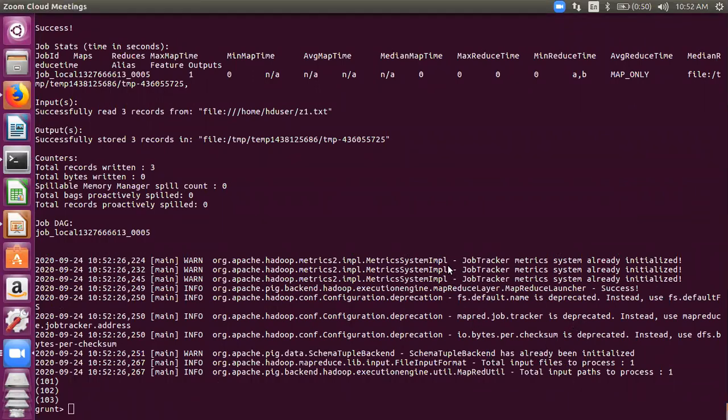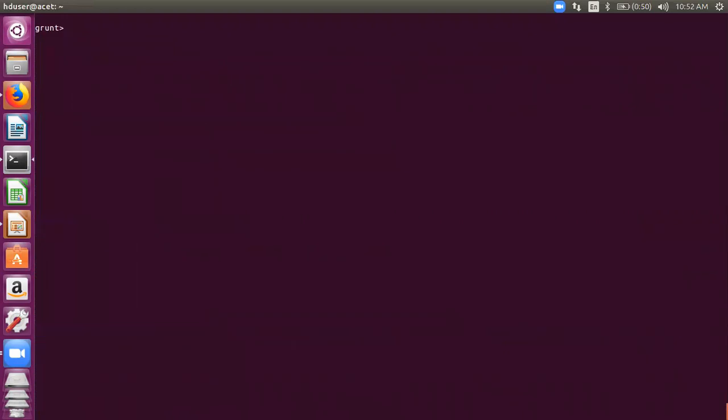Thank you, Ritik. I hope the concept is clear that using the PigStorage function, to specify what type of file you are analyzing, is very important. For example, in this case, we had the PigStorage function with comma. That means whatever is there in the z1.txt file, after every comma, the next thing is taken as the next field. So if we have 3 values separated by 2 commas, that means there are 3 fields in there.